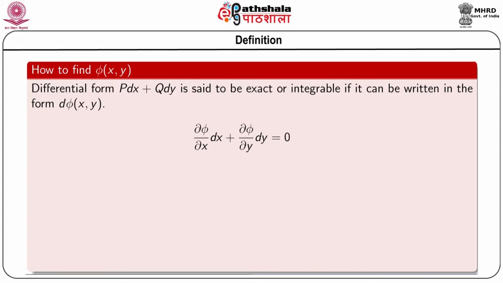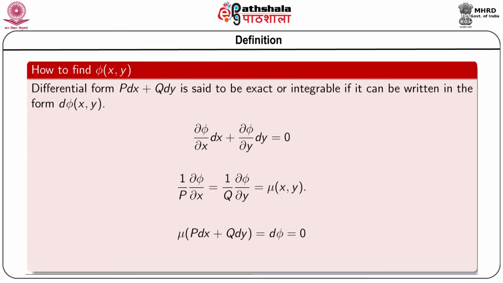Now, if we expand d(phi), we will get del phi/del x dx + del phi/del y dy = 0. So, if we compare this equation with P dx + Q dy, we will get the relation (1/P) del phi/del x = (1/Q) del phi/del y = mu,